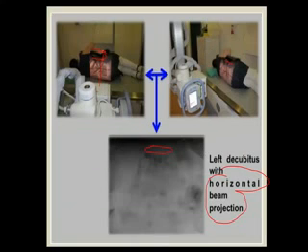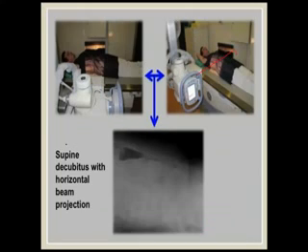So either lateral decubitus with horizontal beam projection or supine with horizontal beam projection will be done to look for air. You can see air has come to the non-dependent location here. This is spine, this is posteriorly. So here also, any movable soft tissue structures will go here. Air, whichever is free, will come and collect in this non-dependent area, and we can see.